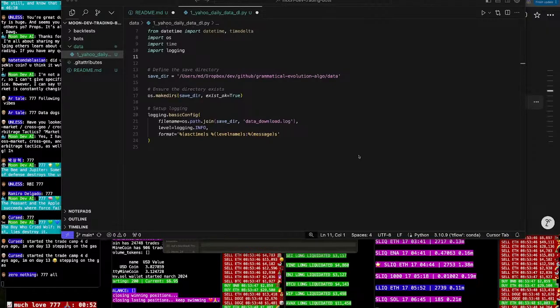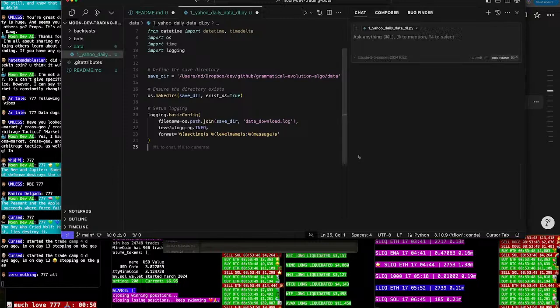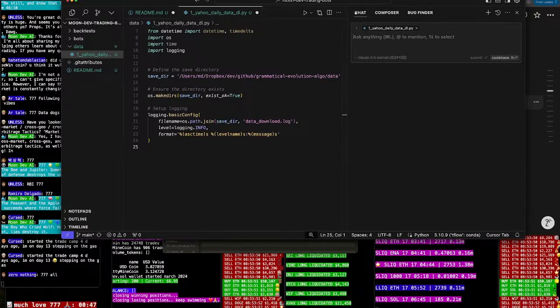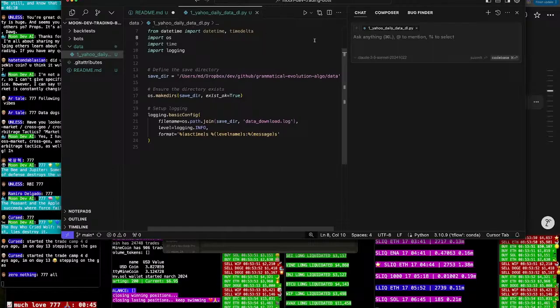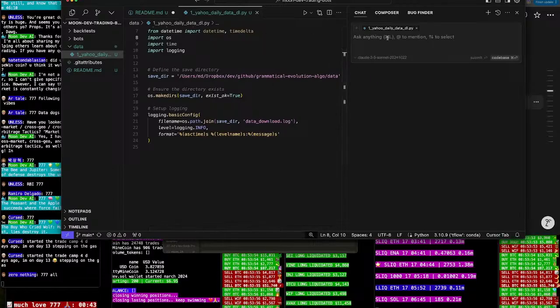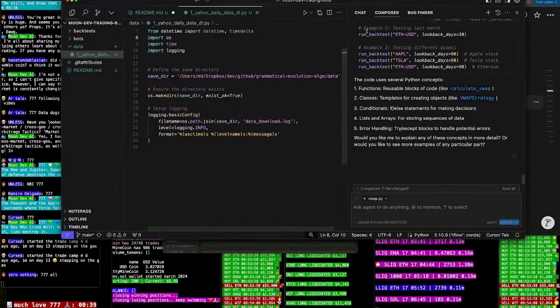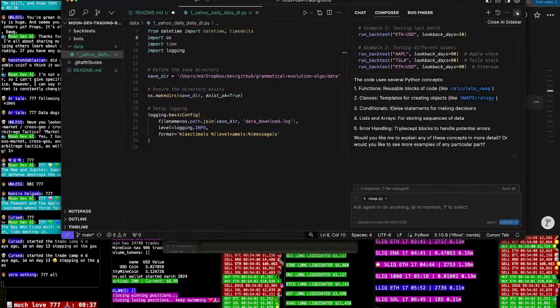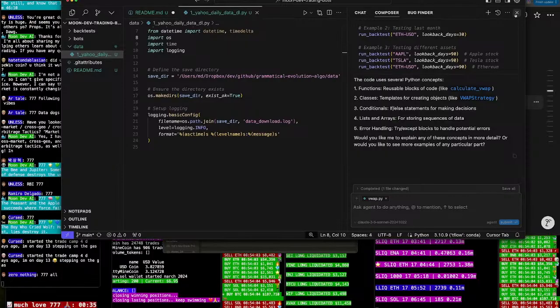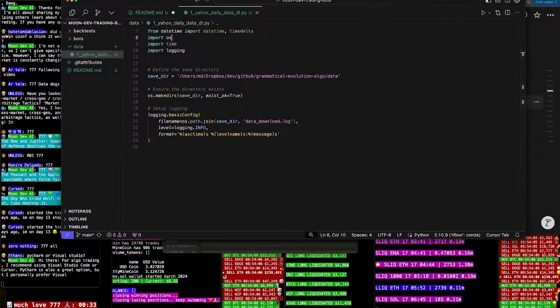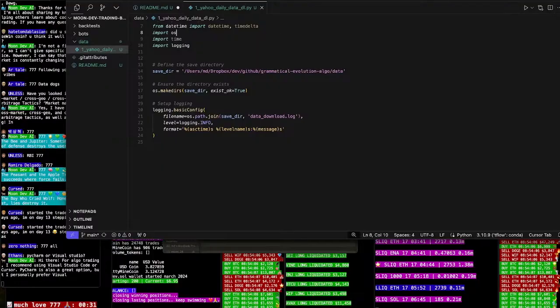So we have 2 different options here. So L will hit the chat. The chat you can think of like, okay, we're only going to really talk to this file. Composer has access to all of your code. 2 different things, and they have like an agent, an AI agent. So I don't want to overwhelm you right now, but there's multiple ways we can use AI in order to